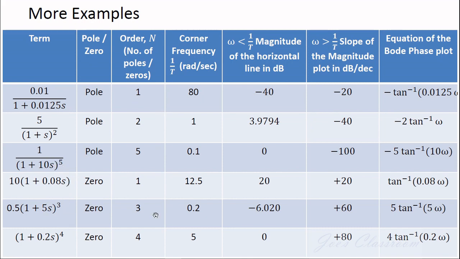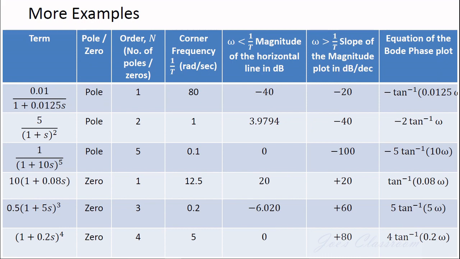Okay, this is the order, and this is going to be the value of n. And the corner frequency is given by 1 by T. You get all the corner frequencies. For frequencies lesser than this corner frequency, the magnitude can be found by 20 log K. This is what we find. And for frequencies greater than the corner frequency, the slope of the magnitude plot you can find from